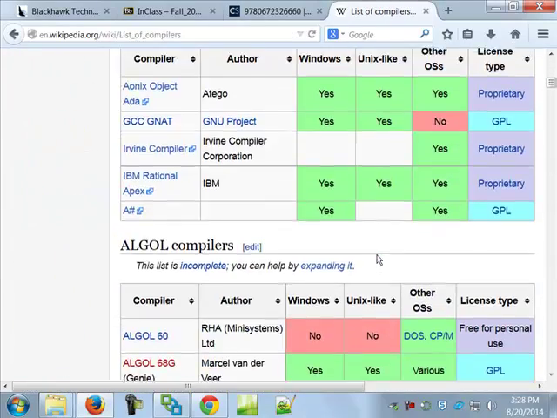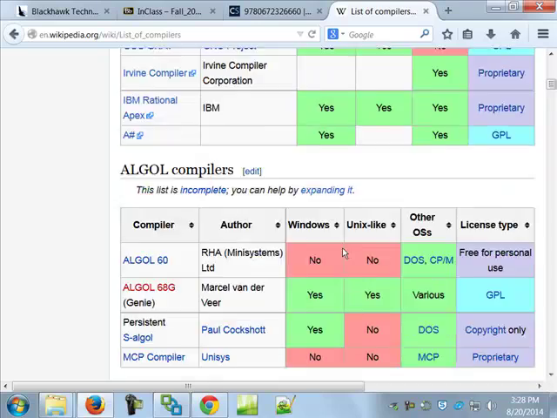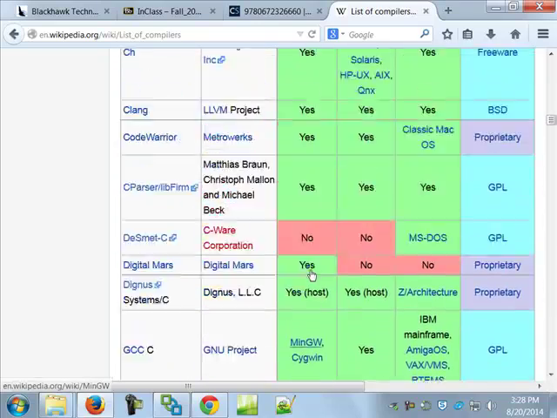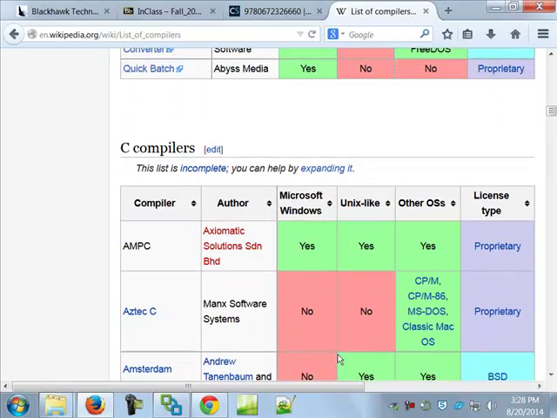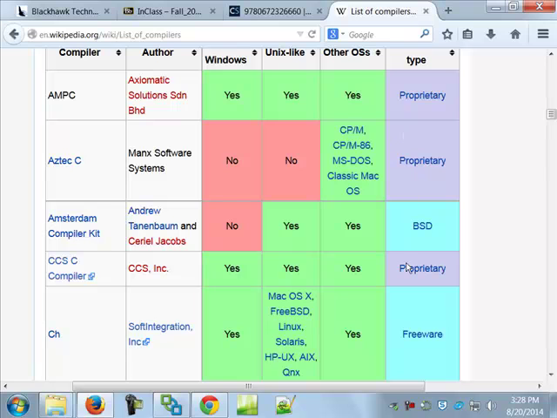There. And what's nice about this, they don't just have C. They have most of the major programming languages. So if you don't like the one we use for PHP or whatever, you can go look through here. And they show you, for example, again, here's C. And whether it's licensed or not, typically if it says in here freeware, as an example. So if you want to look at some of those, you can do that too.